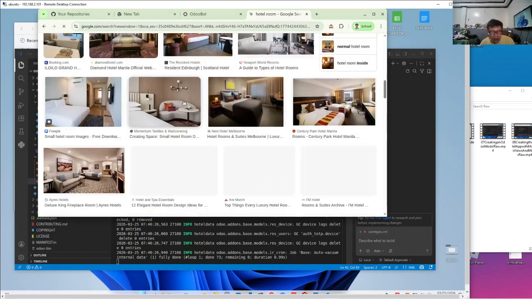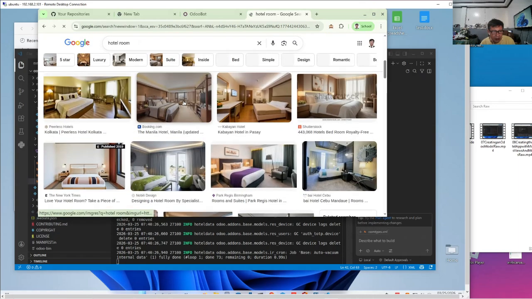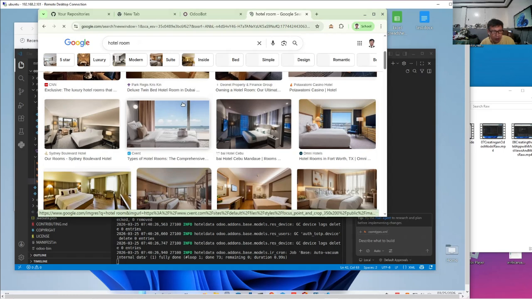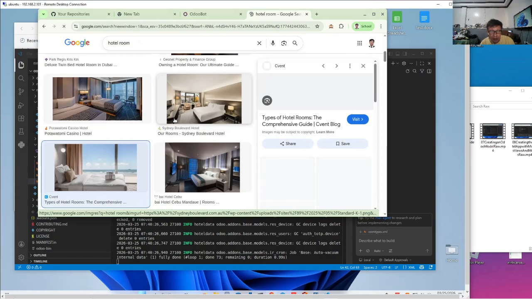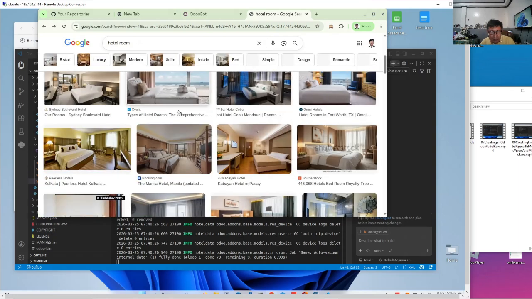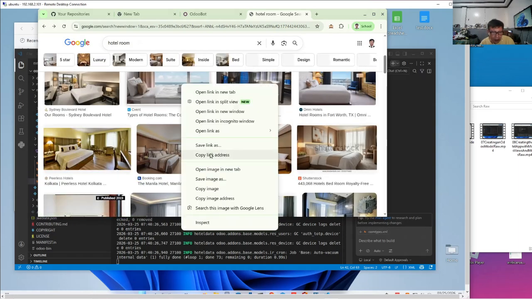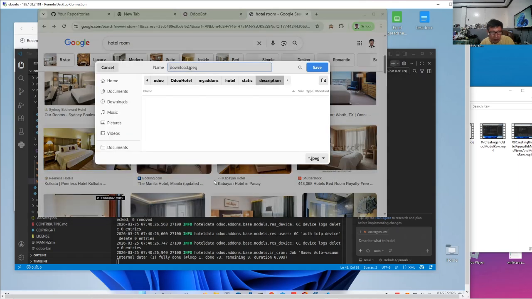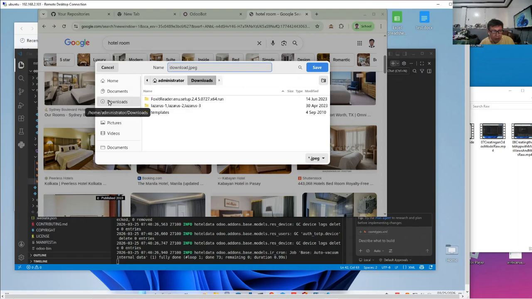We don't need a very large file, because the larger it is, the more space it will occupy. Let's save the image as, in downloads, as hotel room.